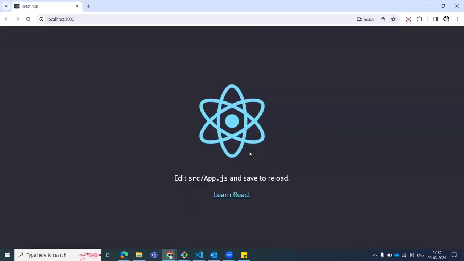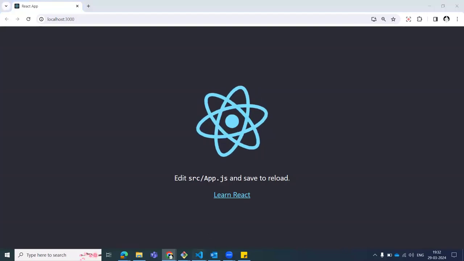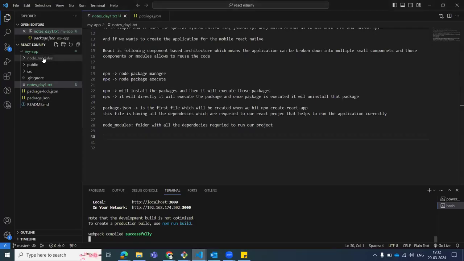See, we are able to see the React application. Okay. Let's understand the next. Okay, now we understand about node modules and we understand about the package.json. Okay. Now next one is, let's go here. Okay, what is